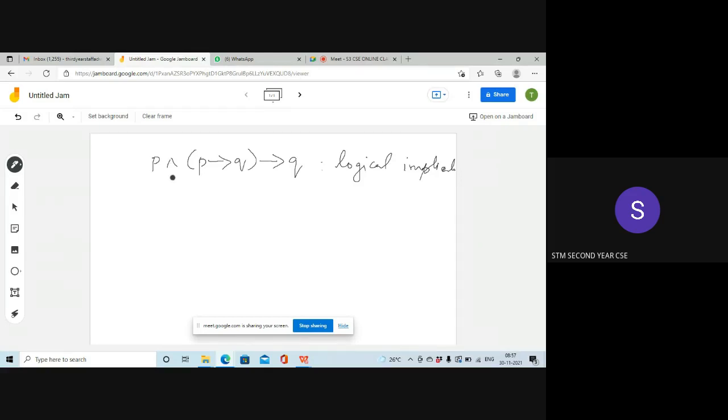Now, the same rule can be expressed in tabular form also. In tabular form, this is one argument, this is the next argument, and this is the conclusion. This is P1, and this is P2 implies C. Arguments are always of this form. So when we write in table form, just write the first argument P1 first. P1 here is P, the next P2 here is P implies Q, and draw a line and below put therefore, and then write the conclusion. Here the conclusion C is Q. So this is modus ponens, the first rule.